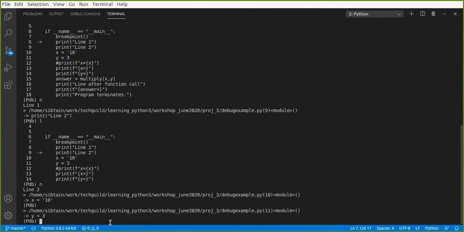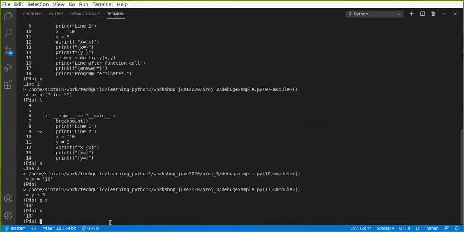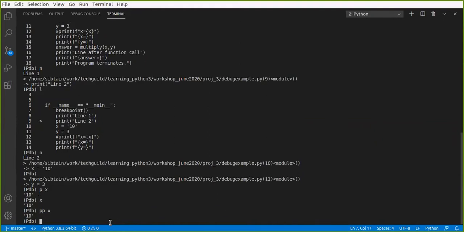And here, as the program is executing, I can print the variable name. If I want to print x, I can say px, or I can just do x even. In that case also it prints. But if you have a dictionary or any other sort of object that you want to pretty print, then you do a pp and then you put x. Here you will not see much difference because it is just a string value it is printing. But if you have a dictionary object, in that case you will have the object pretty printed.